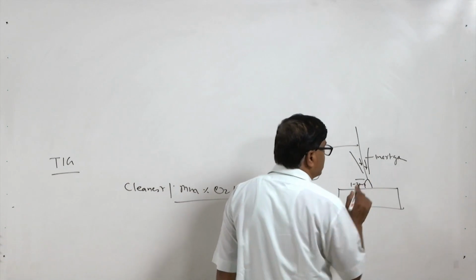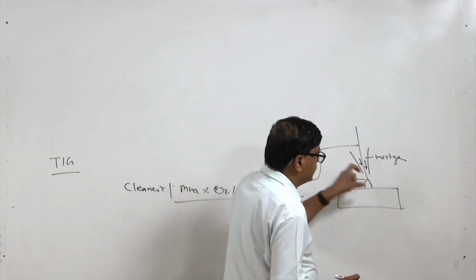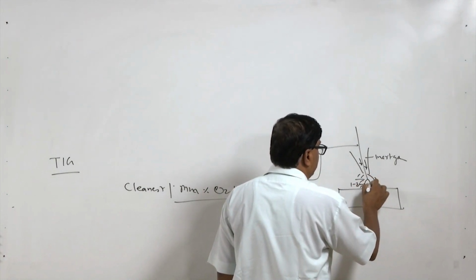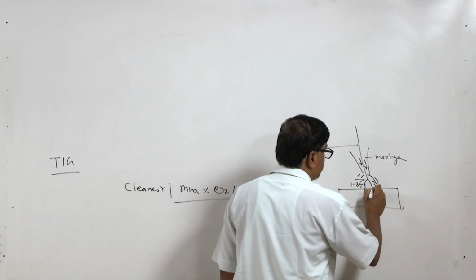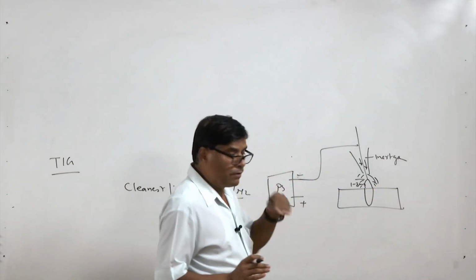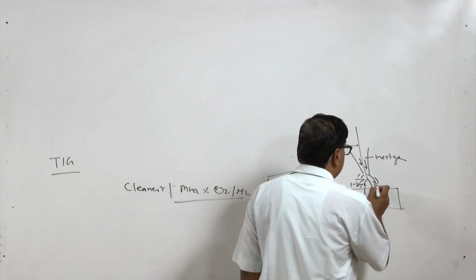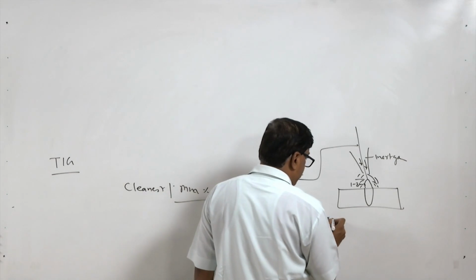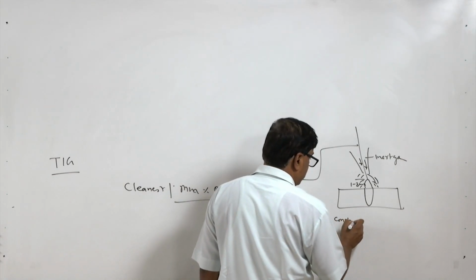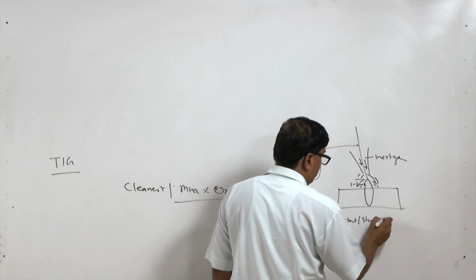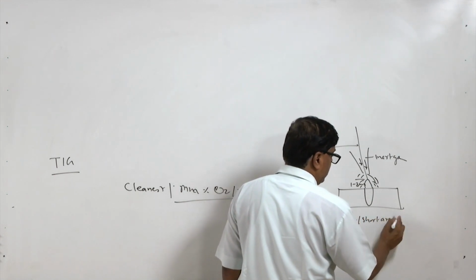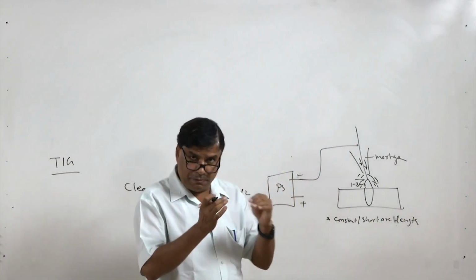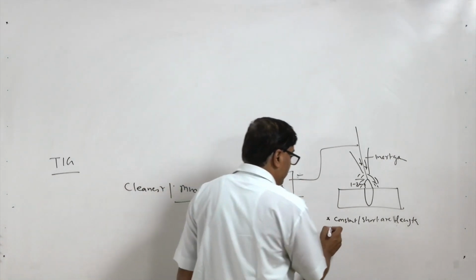Since the electrode is non-consumable, the arc length is very short and it is well protected by the inert gases all around. So the possibility for entry of gases from the atmosphere into the weld pool is very limited, and that is why it offers a clean weld. The constant and short arc length is one reason behind the reduced possibility for entry of gases into the weld pool. Another is